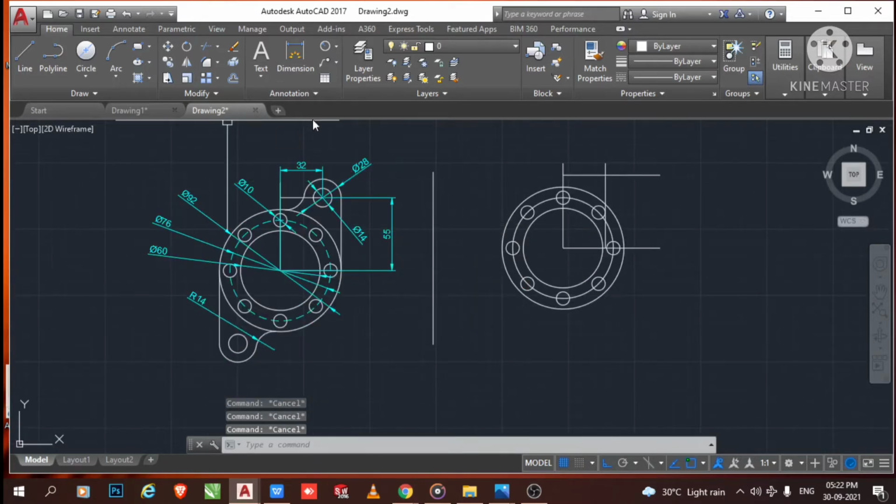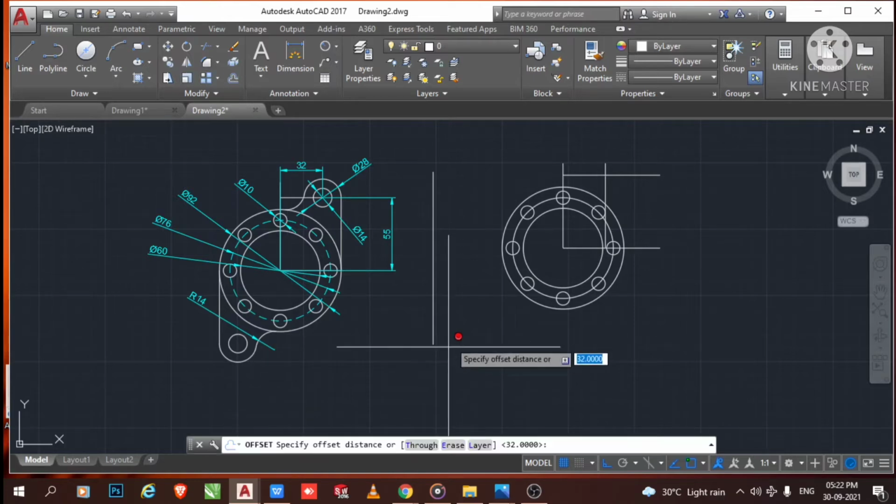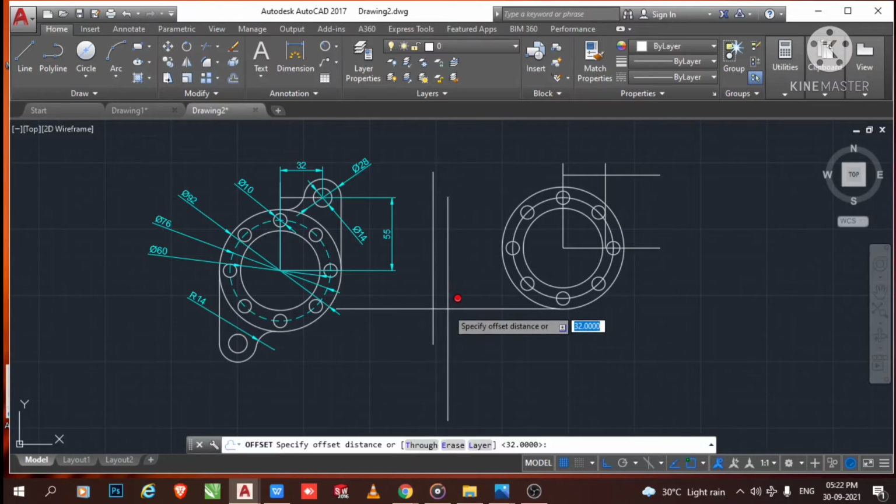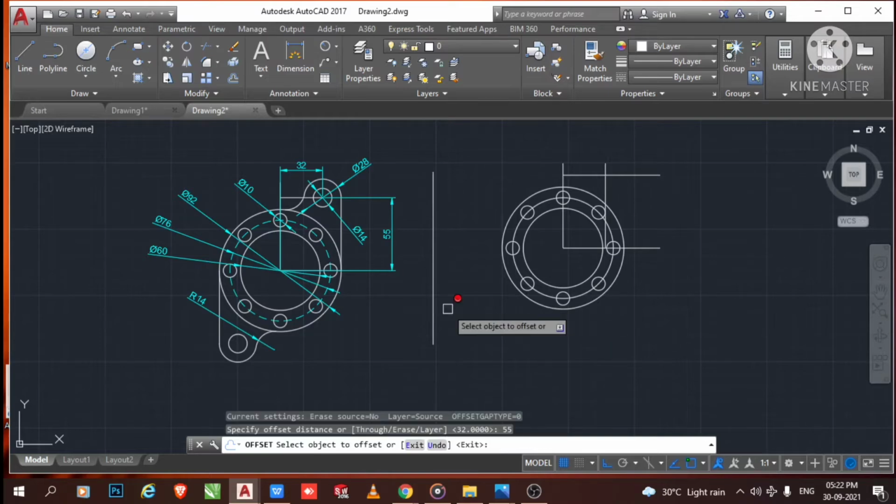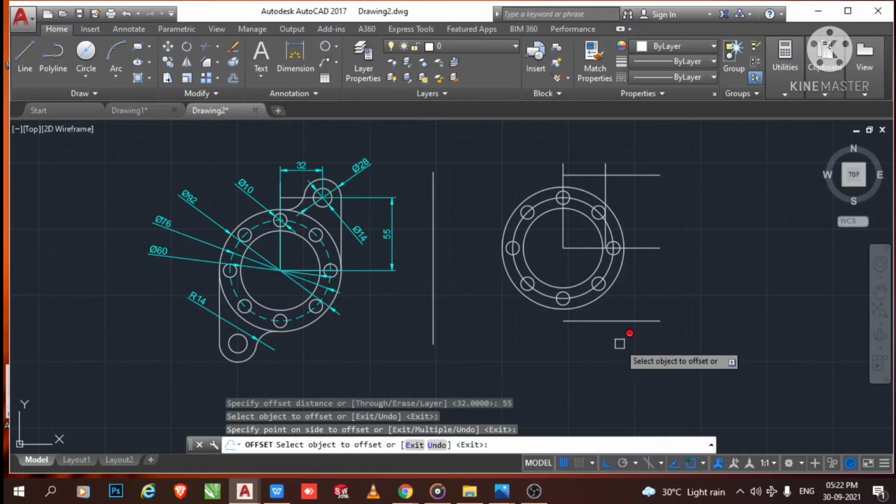Select, go to the offset and make it 55, enter, select this one.